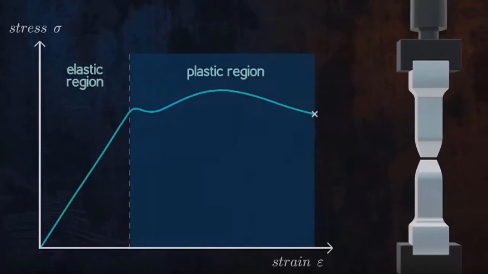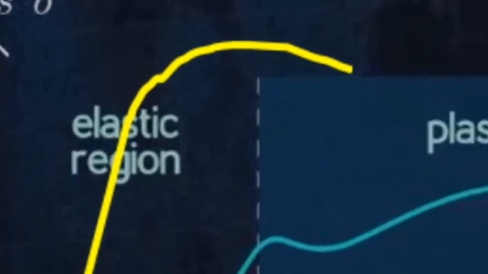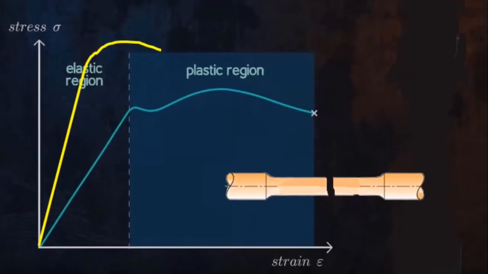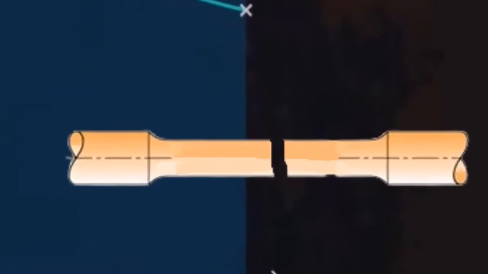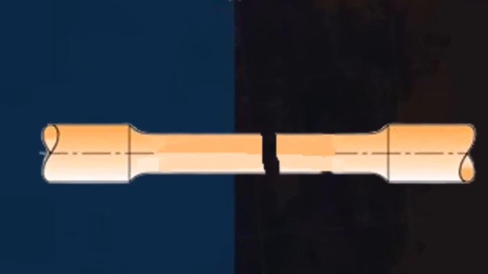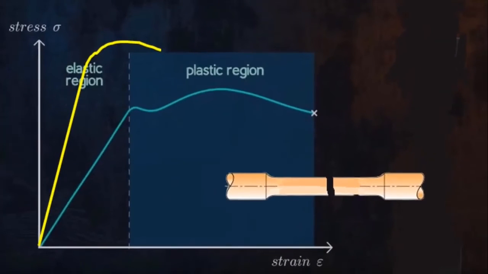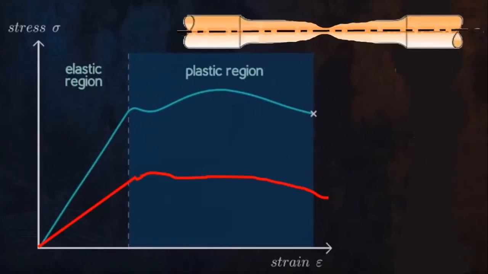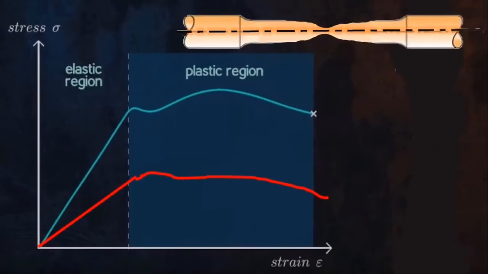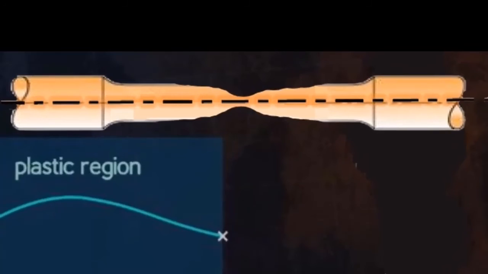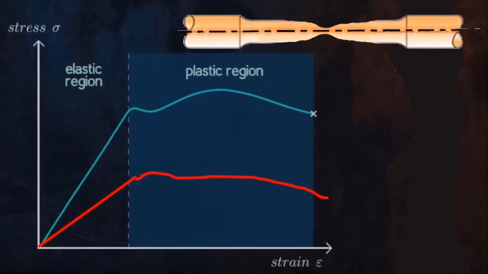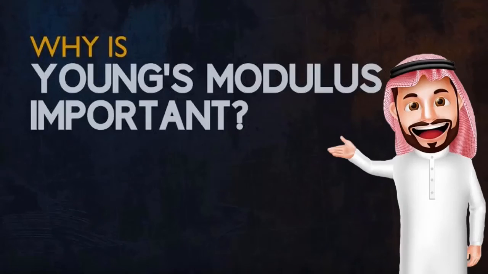Now we will investigate different types of diagrams. The first one is for ductile material, this blue one, like mild steel, copper and aluminium. The second one, yellow, is for brittle material like cast iron and glass. We can observe that there is no necking area. As you increase the load, you will reach the fracture point directly. The third one, red, is for more ductile material like rubber and polypropylene. The fracture needs more time than the normal ductile material.